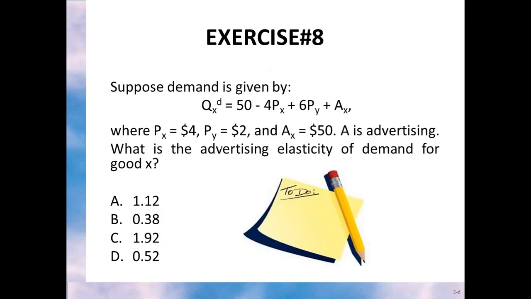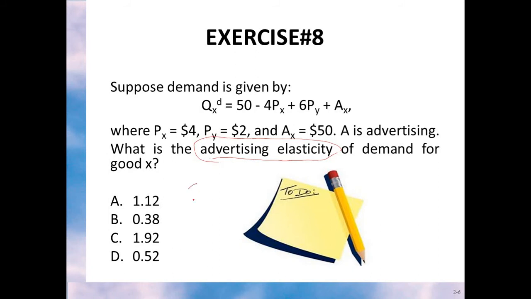For this one, I just change to another elasticity. Last time we had own price, cross price, income. But we can also have advertising elasticity, though I gave no example last time. If we use the demand function here, it's similar. Even though I don't give you the formula of advertising elasticity, if you understand the trend already,